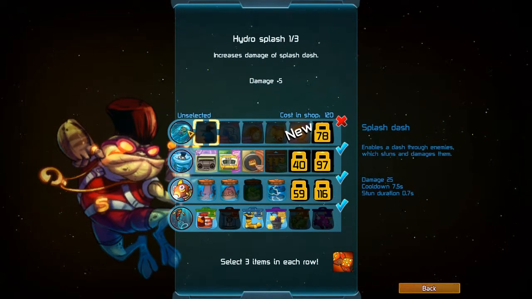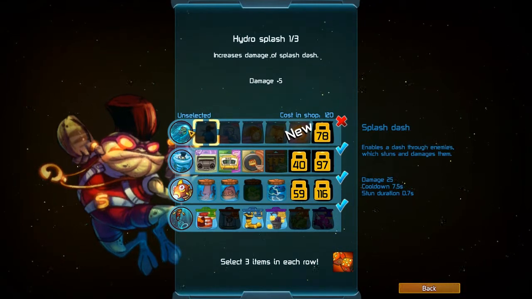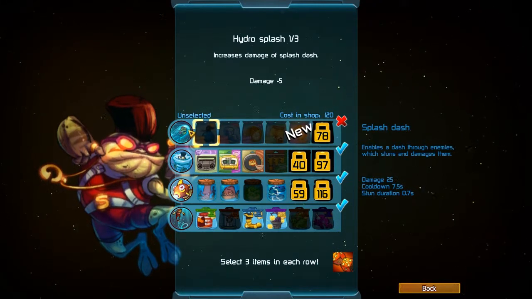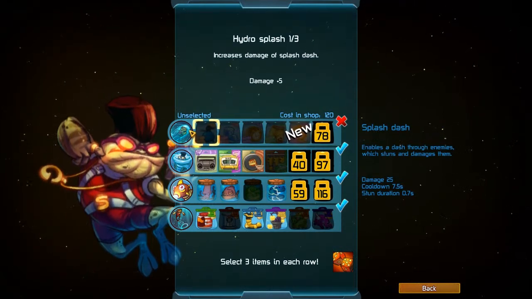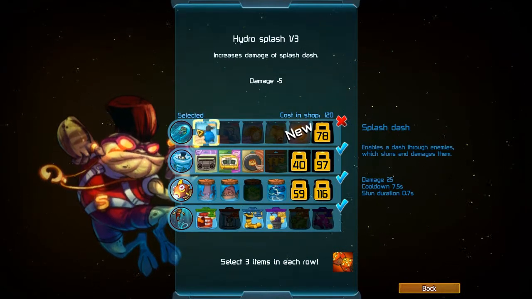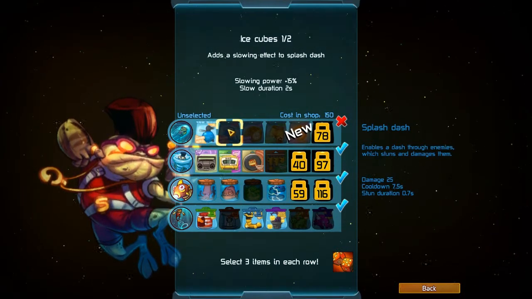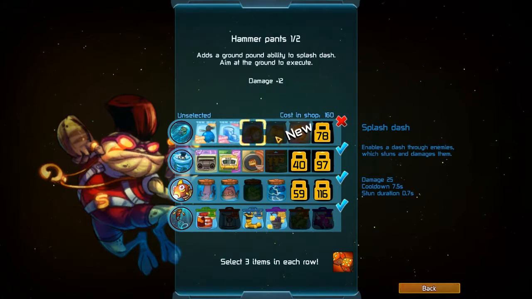Now, the Splash Dash is kind of interesting. The Splash Dash allows you to speed ahead pretty quickly, and you cause damage, and you also have a bit of a slow on that. For example, the hydro damage, pretty basic. Slowing effect, which causes the characters to slow down. You can do that as well. I'm going to